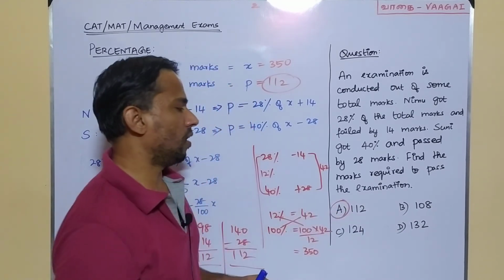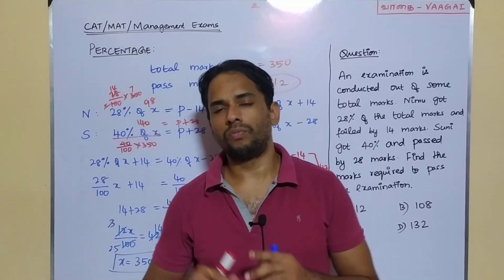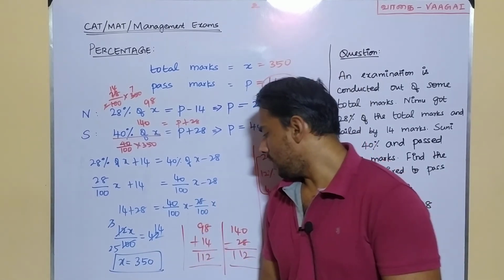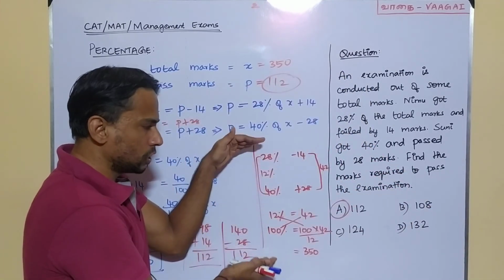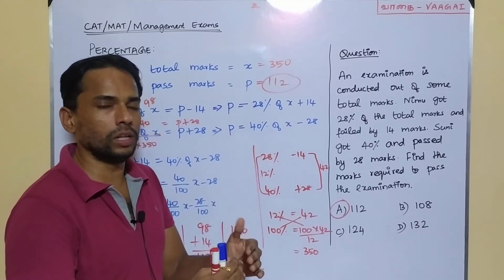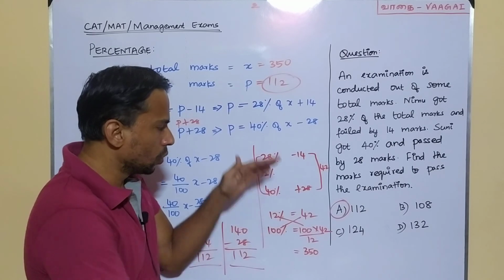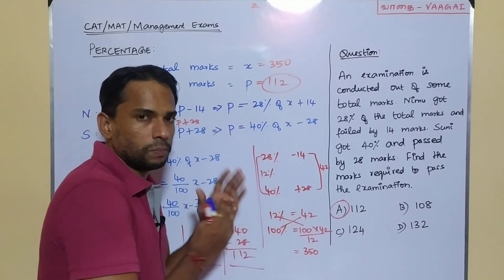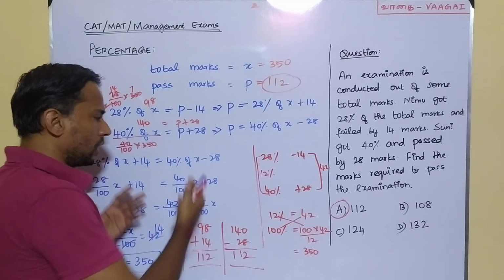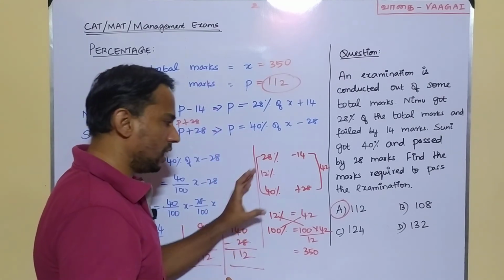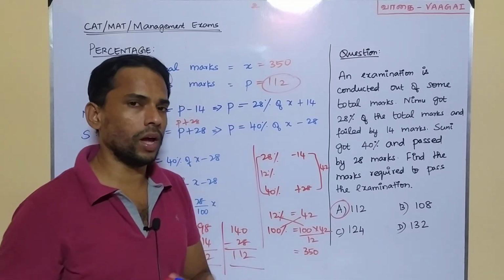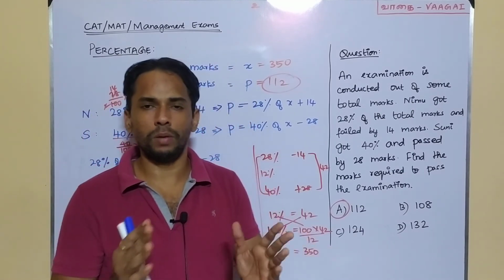I hope the steps we followed here to solve the problem are clear to you. Importantly, I just wanted to insist you look at this portion only. Why? Because if you are very strong in the basic concept of percentages, you would be directly able to come out with this step. This will help you save your time. You can avoid all these algebra steps. You can directly get into the numbers, play with the numbers and then quickly get the answer. This is going to save your time very much.